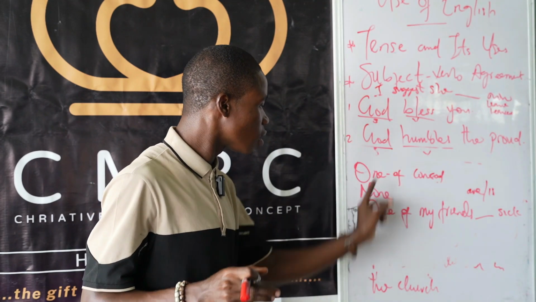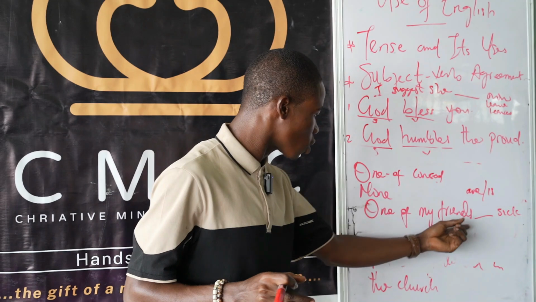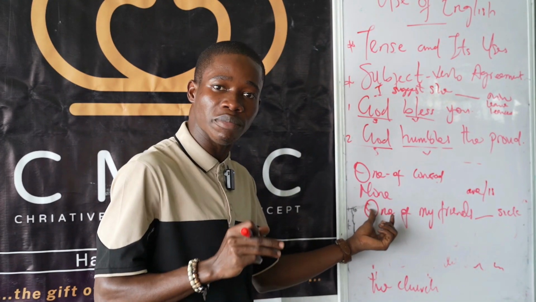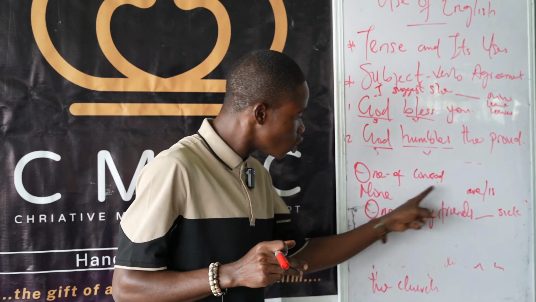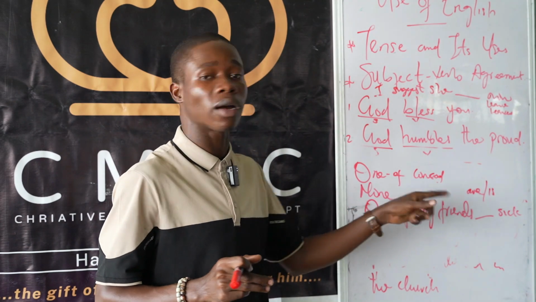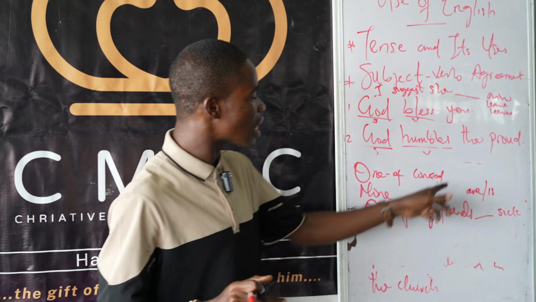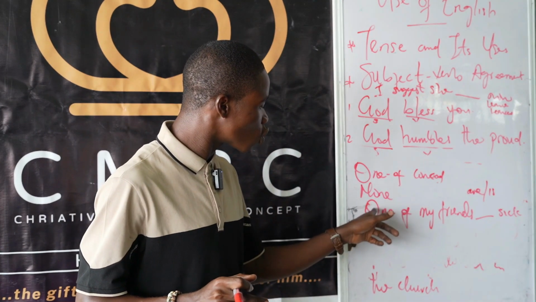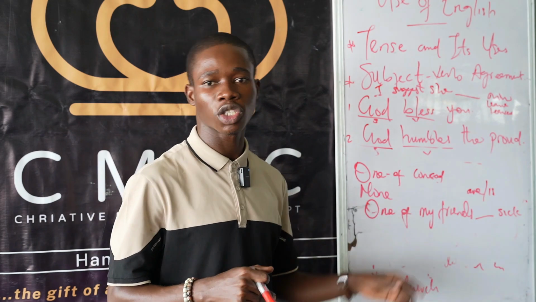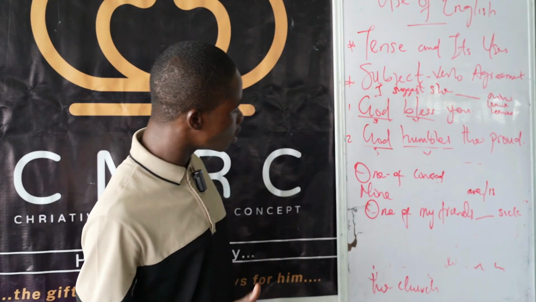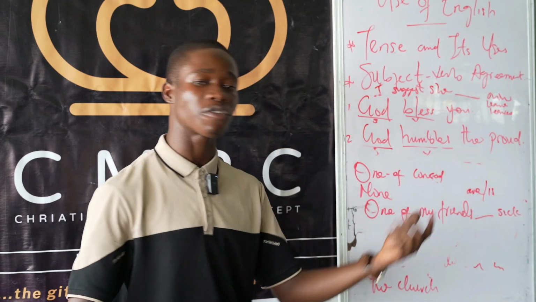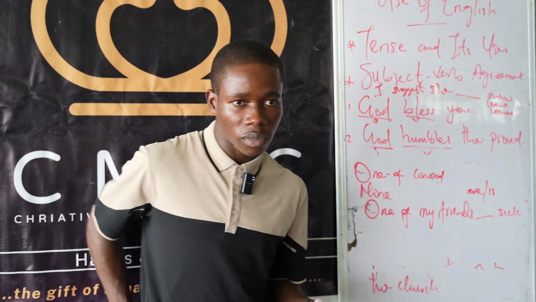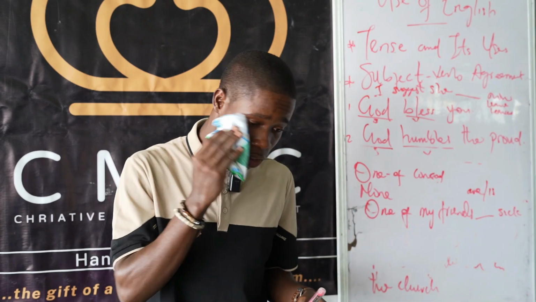This is one. This whole structure is talking about one. This is the head word, the important word in this structure, one. So this will determine our verb. It is one of my friends is sick, because one is what determines our verb. So it is one of my friends is sick. Or you can say none of my friends is sick. None of my friends is sick. Excuse me, sorry.